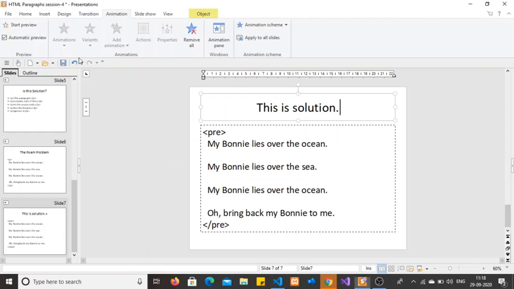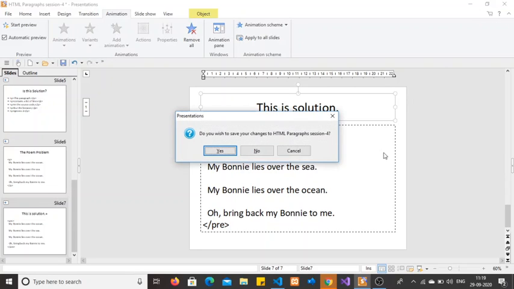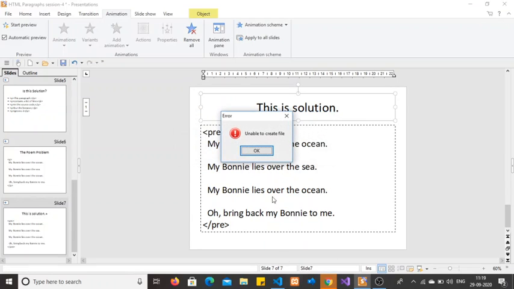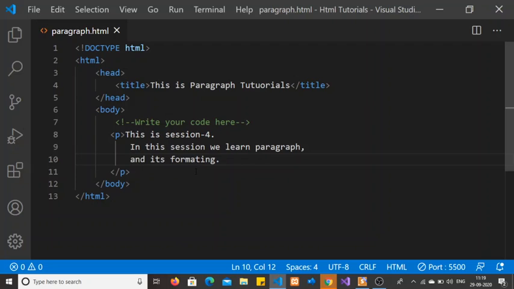I wrote all the text in three different lines, but it is all displayed on the same line, because whatever white space and lines we added in the text editor are ignored by default and removed by the browser. So all the white space and new lines will be removed by the browser in the case of a paragraph.